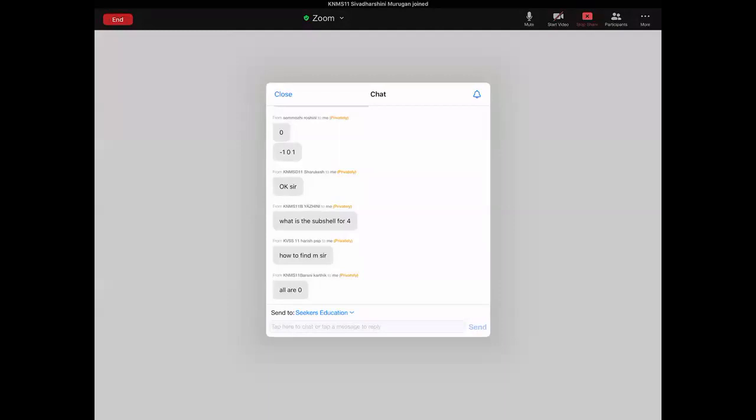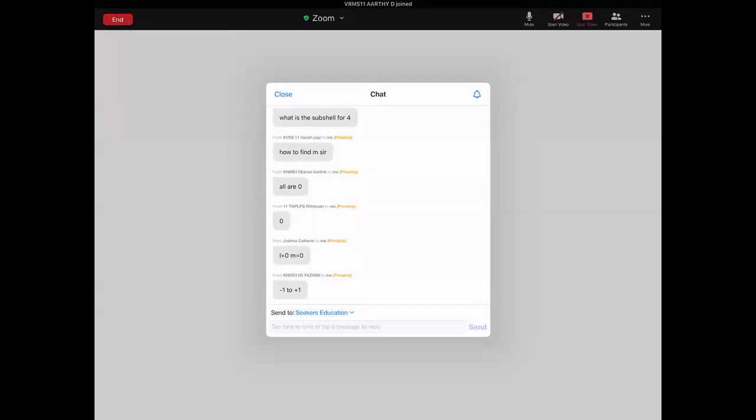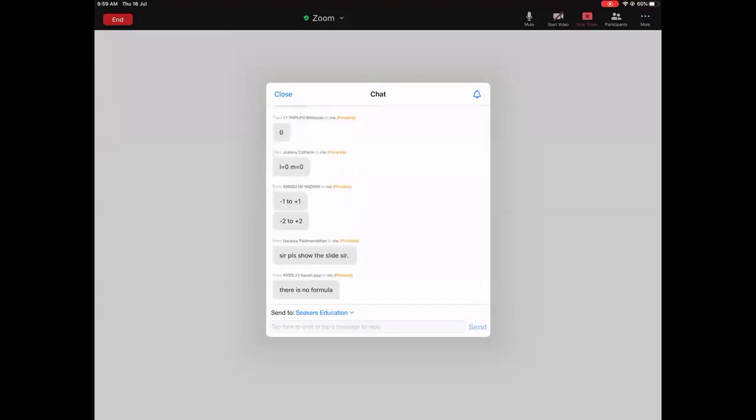I have already told you, Harish, there is nothing more that I can say about it. I told you it takes values from minus L to plus L through 0. Now please understand that statement and write. Yeah. L is equal to 0, M is equal to 0. Yes. Then there is no formula. Now you have to understand. You don't seem to be understanding English.